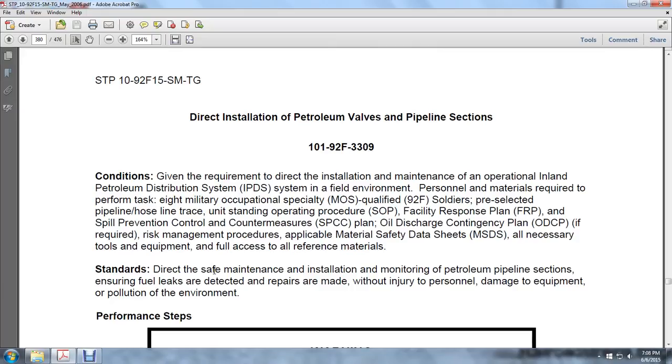Direct installation of petroleum valves and pipeline section. Given the requirement to direct the installation and maintenance of an operational inland petroleum distribution system, and the field environmental personnel, materials required to perform the task: 8 military occupational specialists qualified in the N2F soldier, pre-selected pipeline hoses, line trace, unit standing operating procedure, facility response plan, and a spill prevention control